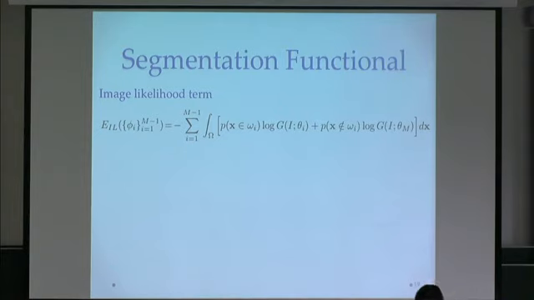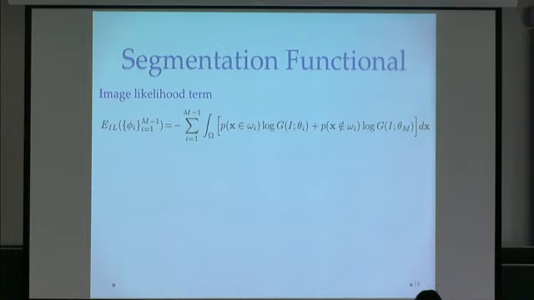So if you look at this functional, and you look at the function G, it is the Gaussian. For example, for the binary case, if you assume that the intensity of each region is modeled by a Gaussian with variance 1, you simply boil down to the known data term from the Chan-Vese functional. Now this is for multi-regions, and we do not necessarily assume that each region is modeled by a single